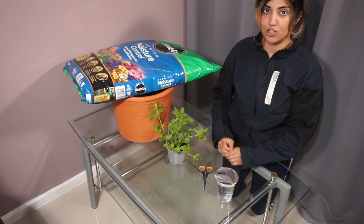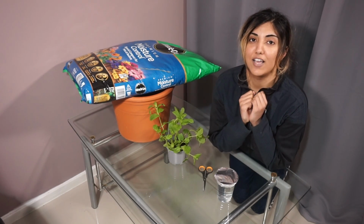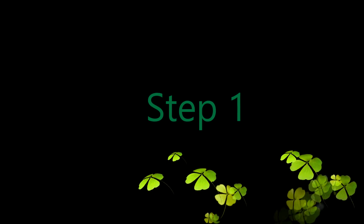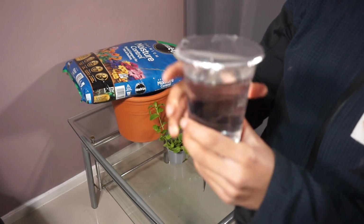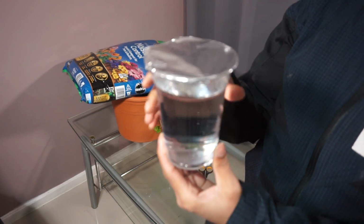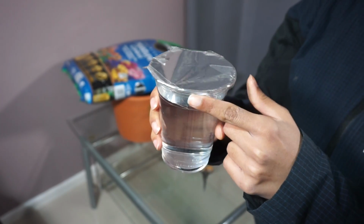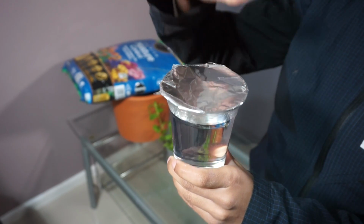and now I'm going to show you how easy it is to start making this mint at home. So this will take 5 days to grow, and this is the first step. I've got a cup, I filled it up with water, and I've put some foil on top and stuck that foil down with sellotape. Now this is just to keep the mint in place,